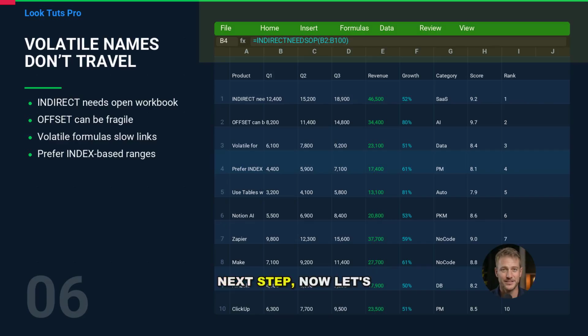Next step. Now let's talk about names that point to formulas, not fixed ranges. A lot of people build dynamic named ranges using OFFSET or INDIRECT. Those can be useful, but they're fragile in linked scenarios. INDIRECT is the biggest problem because it requires the source workbook to be open to resolve text into a reference. So a name defined as INDIRECT Sheet1 A:A may work locally, but another workbook calling it will fail when the